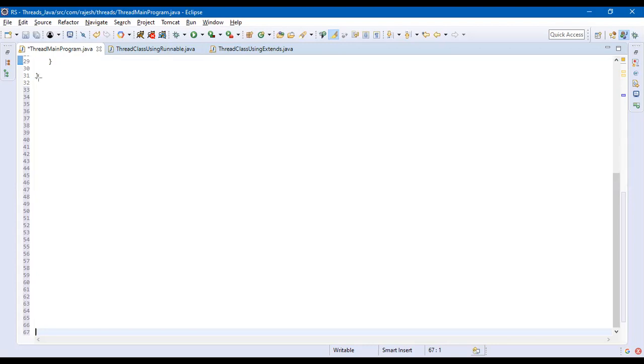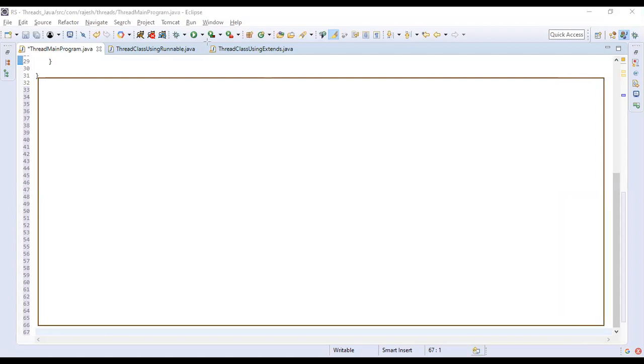JVM, Java Virtual Machine, the name itself says it is a virtual machine where we can load this. JVM is responsible for loading the classes and running them. When we write a Java program, JVM is the one which will cause our application to run.